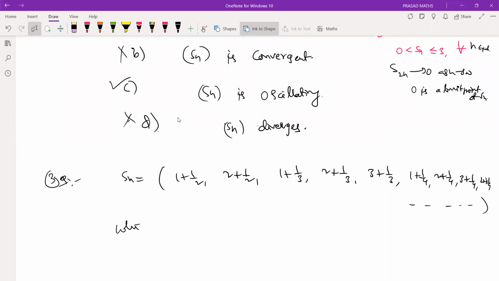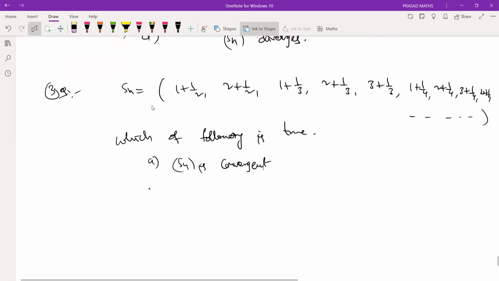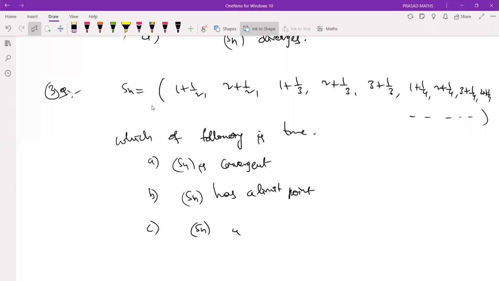The question is, which of the following is true? First one, A: Sn is convergent. Second one is B: Sn has a limit point. C: Sn is divergent. D is